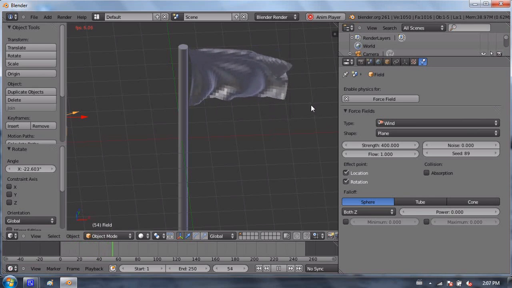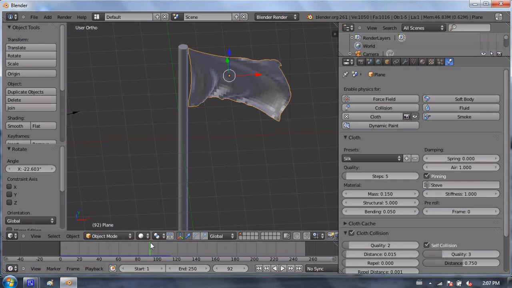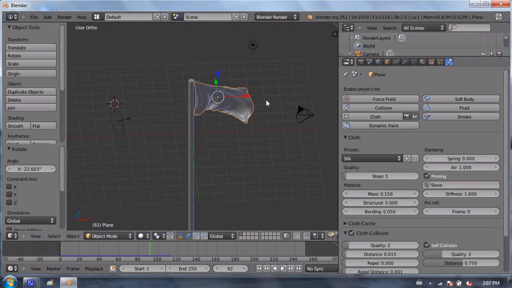Now, just like any other cloth simulation, as soon as you get what you like, of course, because I don't have my cloth selected, you can't see the blue line forming. But if I press escape and then select my flag, there is my simulation. It is blowing in the wind, and I can bake that, and that is wind.